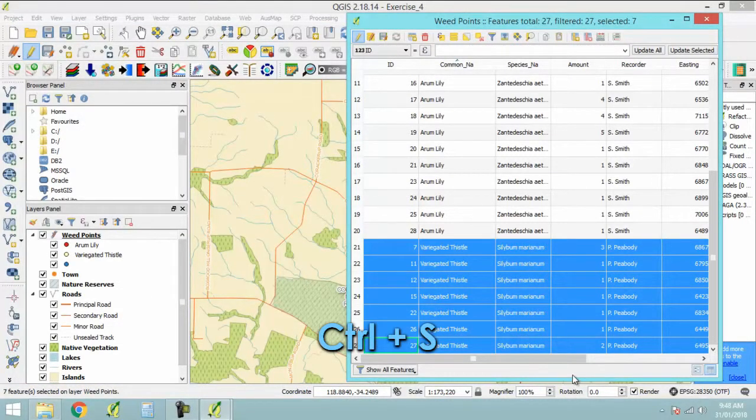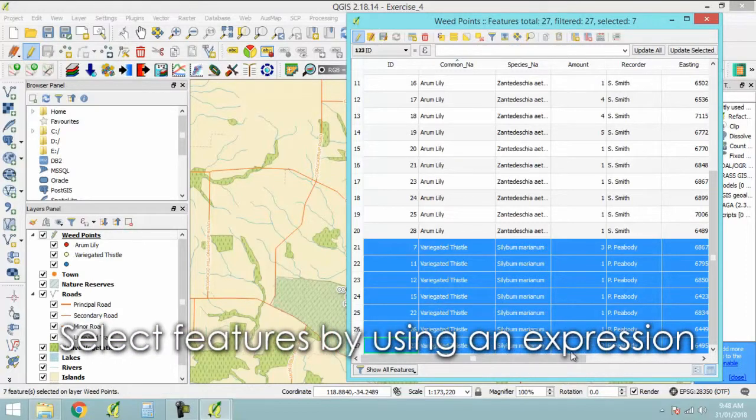Click Ctrl+S on your keyboard to save your edits. The Recorder field will now be updated with the new text. Selecting features one by one can be time-consuming, so QGIS gives you the option of selecting multiple features via an